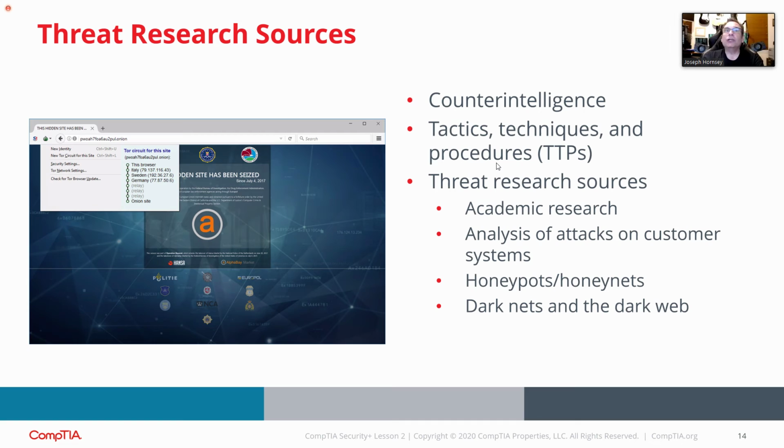You also have what's known as the deep web, the dark web, and dark nets. And this terminology, advertisers love to talk about the dark web. LifeLock and people like that. So the deep web,